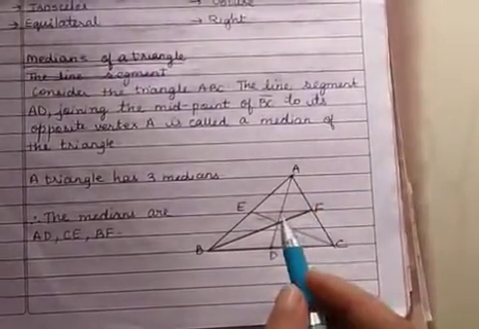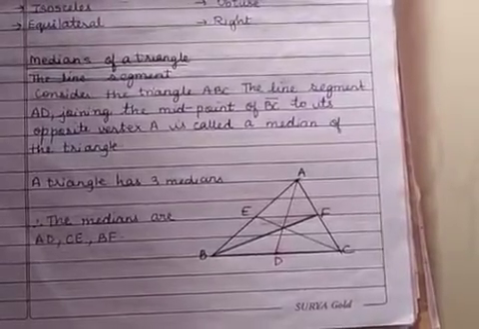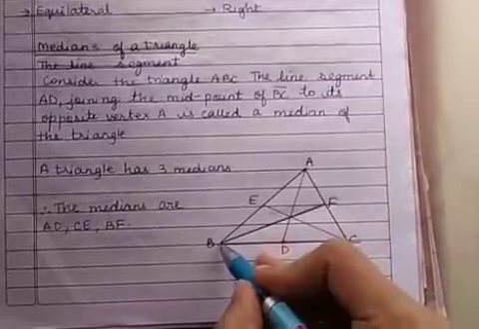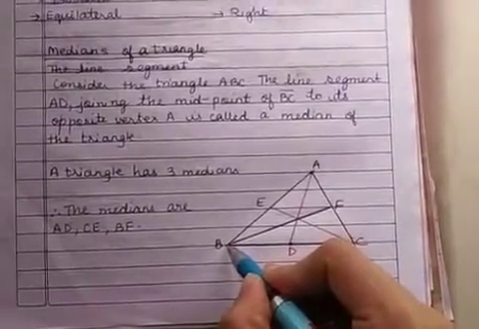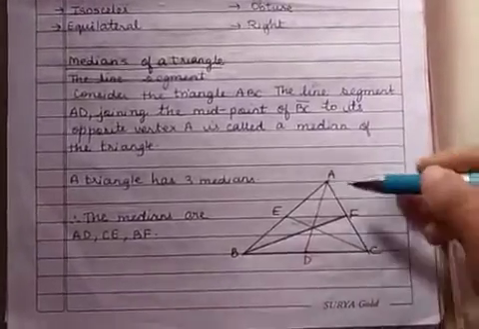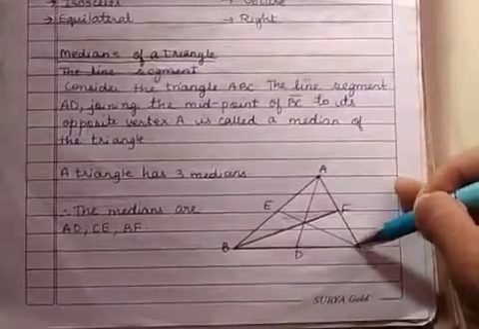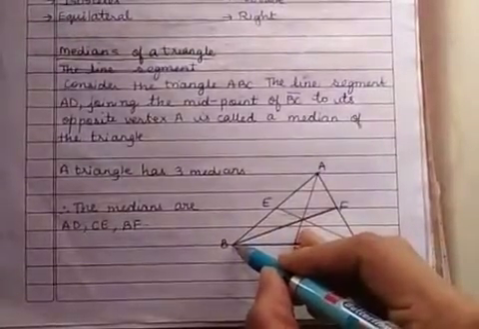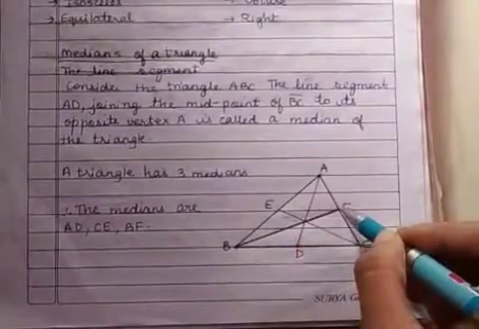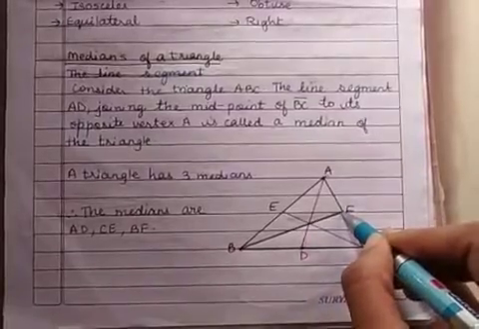So now you know that a triangle has three vertices. So can I draw another two medians? Yes. So suppose I take this as my vertex B, then which is the opposite side to this? The side opposite to this is AC, right? Now I'll take the midpoint of AC and then I will draw a line segment BF from the vertex B to the midpoint of AC. So this is another median.